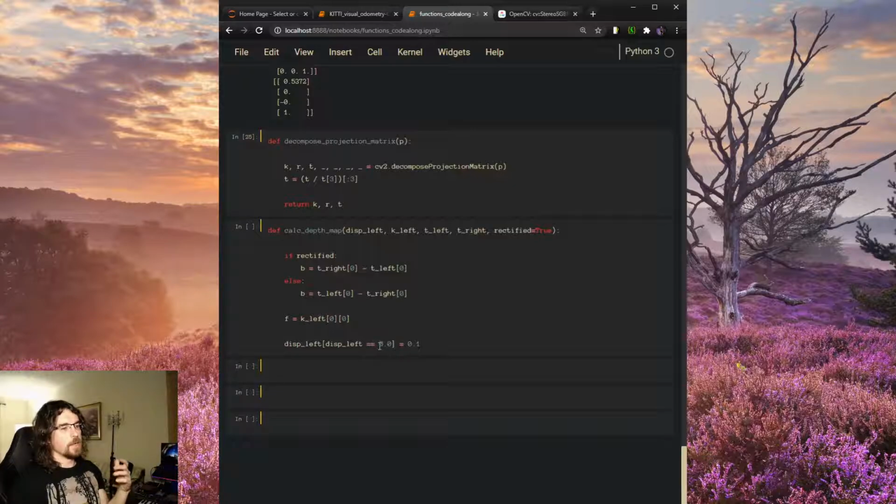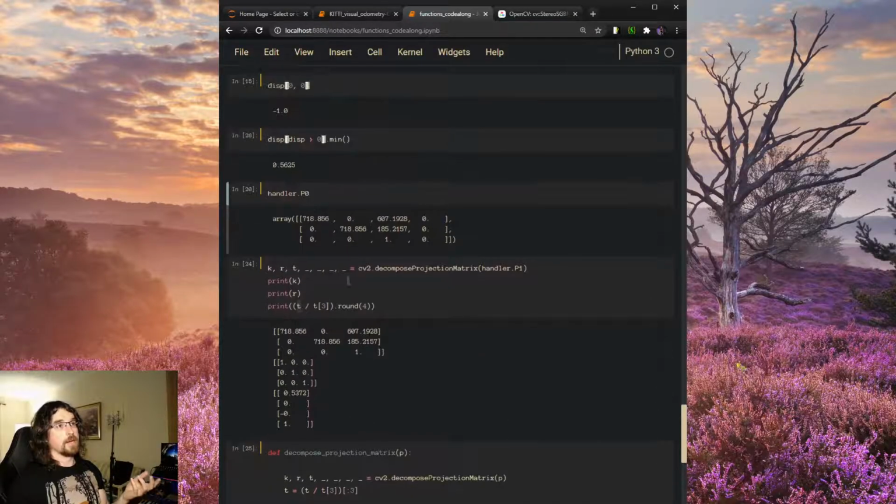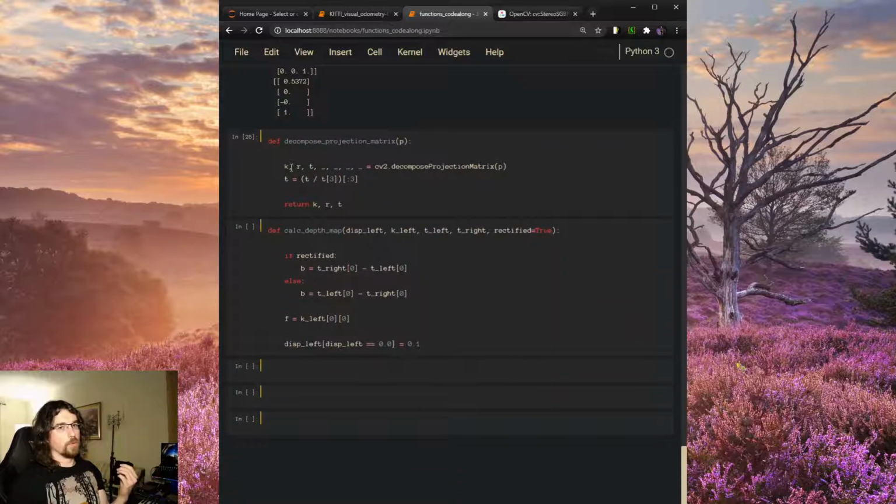And they will be significantly further away than the furthest points that will be given by dividing by this value, which is 0.56. So there will be a noticeable gap in the histogram between where these distances that will be calculated as being very far away will be, and the maximum real distances that we'll be getting from our good disparity measurements. And what we're going to do is just draw a line right in the sand